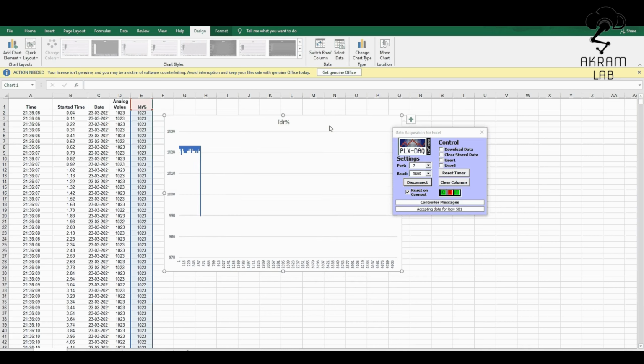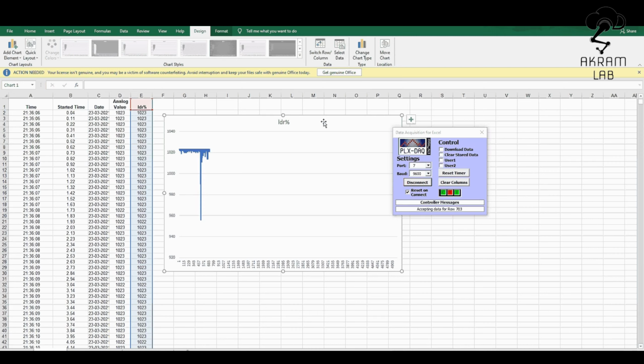Now I am going to block the light. See, the actual changes in the value you can see here in the graph also. So in this way you can implement a data acquisition system for your Arduino Nano or any Arduino using MS Excel.